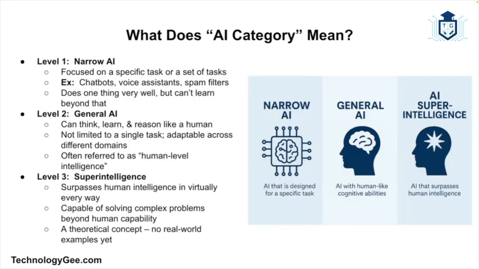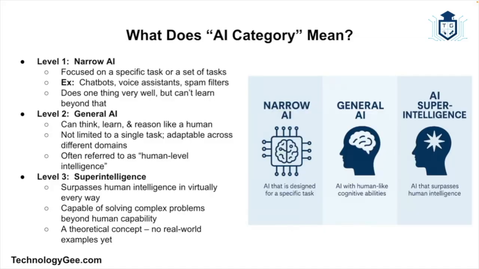All right, so first up, we've got to talk about what AI categories even mean. When we talk about AI categories, we're basically talking about how capable the AI actually is. So think of it like leveling up in a video game. You have level one, which is called narrow AI, and this is basically AI that can do one thing very well. And we have level two, which is called general AI, and this is AI that can think and learn like a human. And then we have level three, which is called superintelligence, and this is AI that goes way beyond human intelligence. Each level represents a different phase in AI's evolution from where we are now to where we might be in the possible distant future.